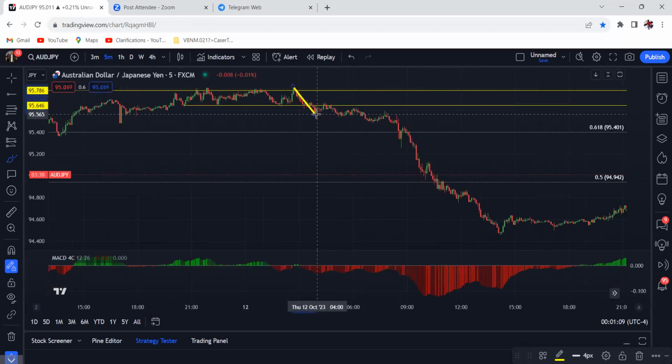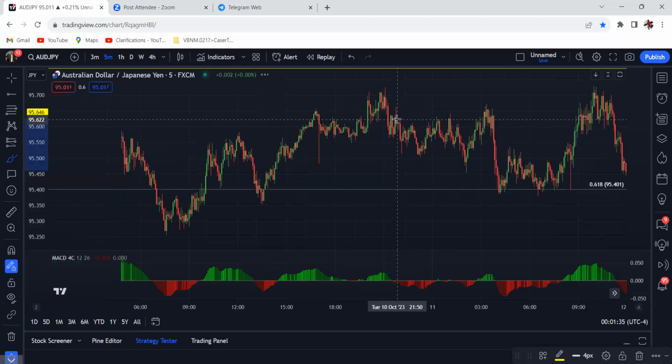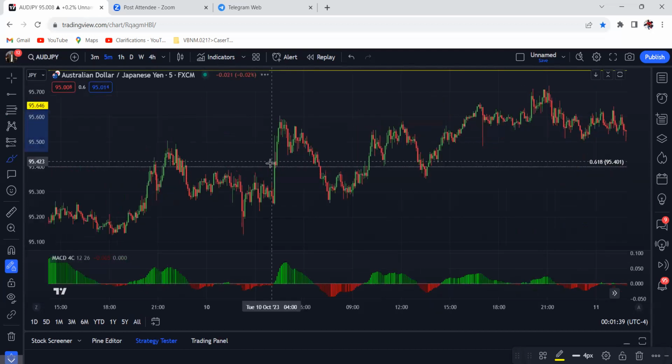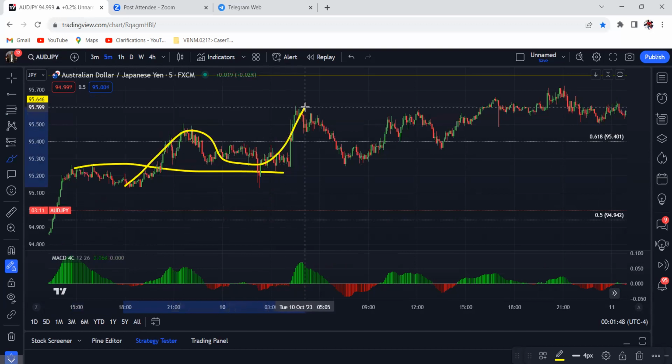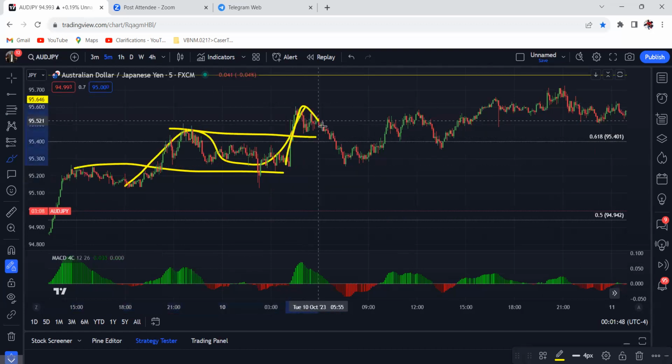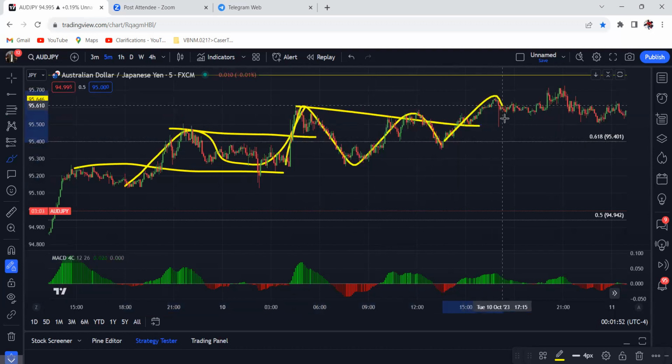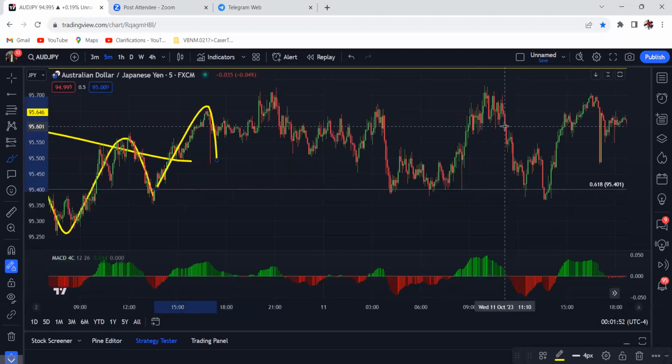Because I got asked this: what happens if price doesn't pull back into your zone? No problem. Wait for the next break of structure and then the next retest. So, for example, like right here, you see that? Let's say break and then price went up. You will always break, then wait for the next retest. That's how you want to do it.